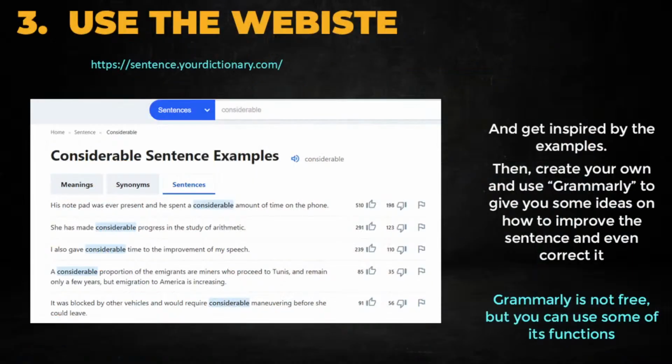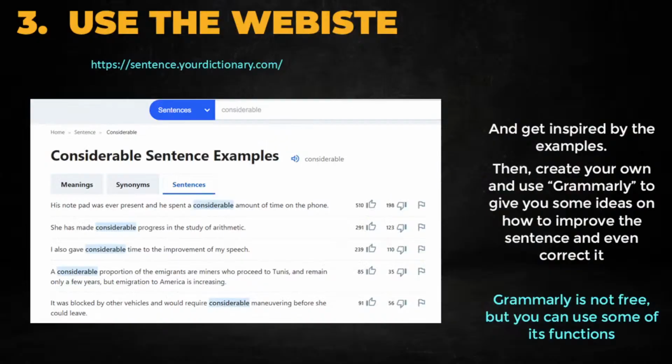But here we go. Number 3, use the website sentence.yourdictionary.com. Okay, so you found synonyms. Priscilla, I found advanced synonyms, but I don't know how to use them because, you said it, sometimes I can't use it in all situations. How are you? Ecstatic. Unless I have a very good reason, that wouldn't be the best option. So what do I do? I like using this dictionary. Okay, it's a website,